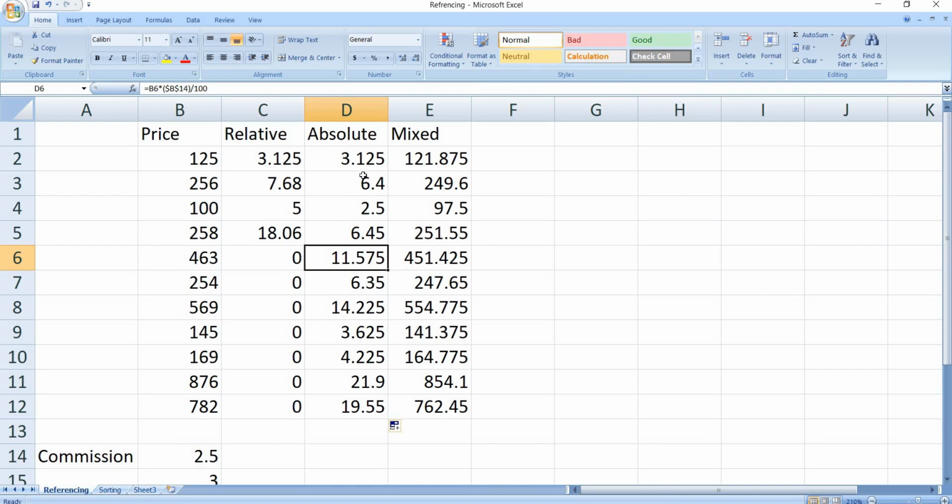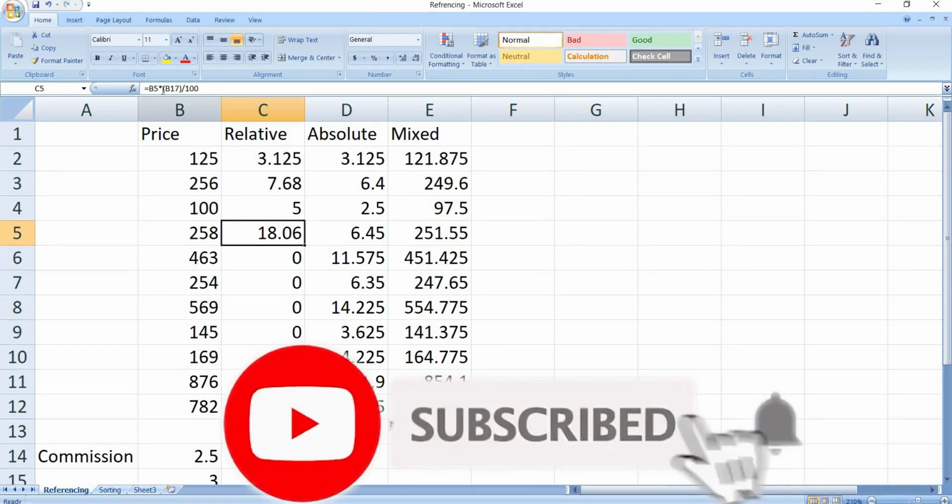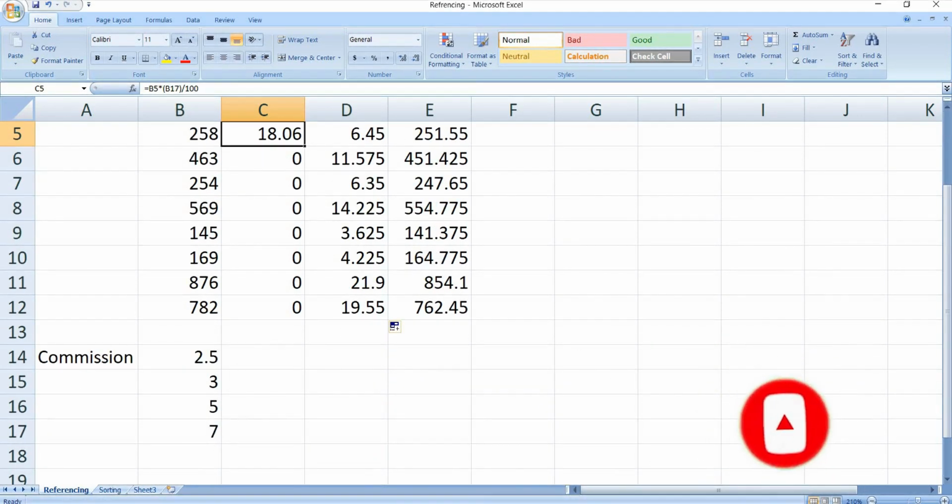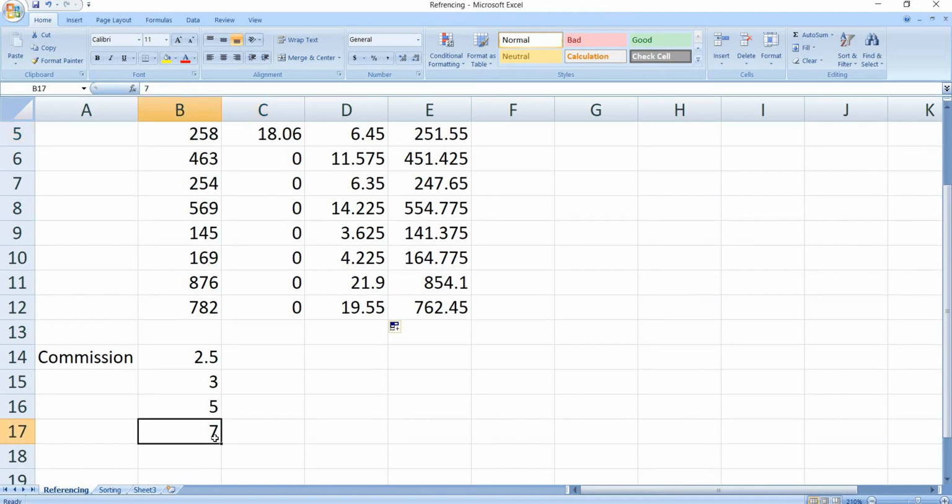Means all the values are calculated with 2.5%. 2.5% of 100 is 2.5, you can say. But here it was 0, 0, 0, 0 because, when it is B17, you can see downside here on the screen, up to B17 the value was there, but in B18 no value was there, in B19 no value was there.